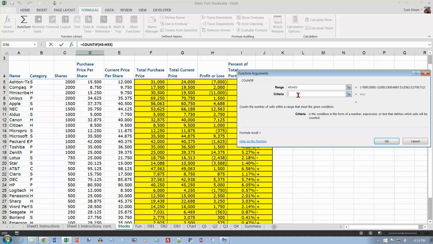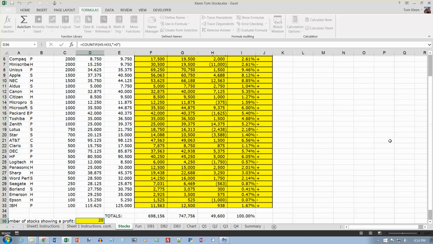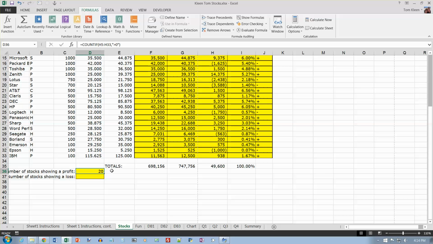And the criteria is that number greater than 0? So just type greater than 0 in there, and notice when you click out of here, it turns it into a string character or text with quotation marks around it. Click on OK, and it looks like 20 of them showed a profit. I have 29 stocks altogether,